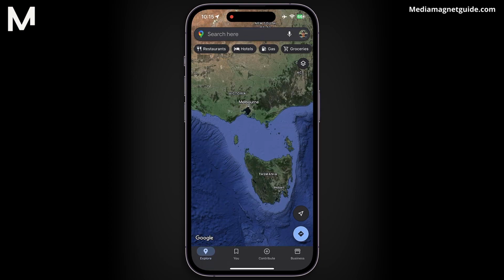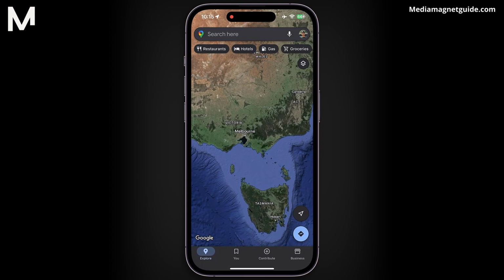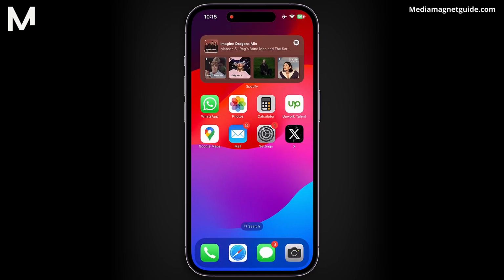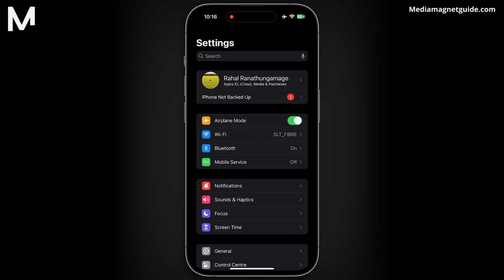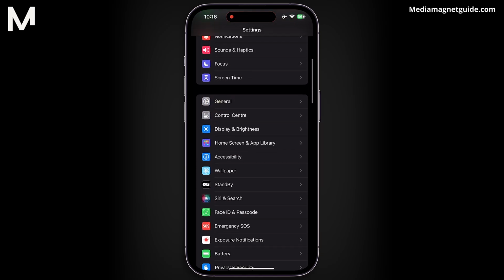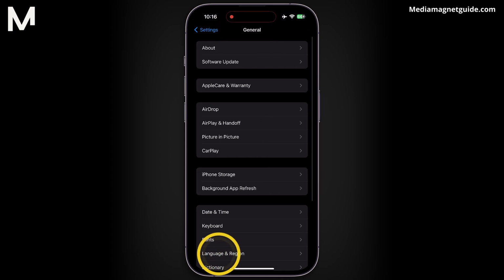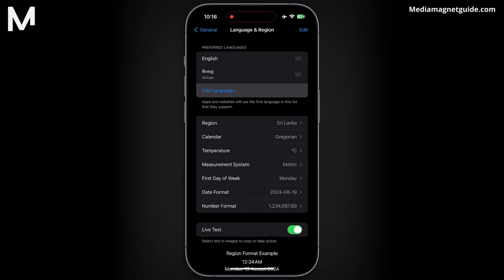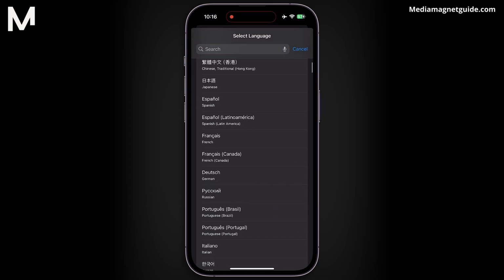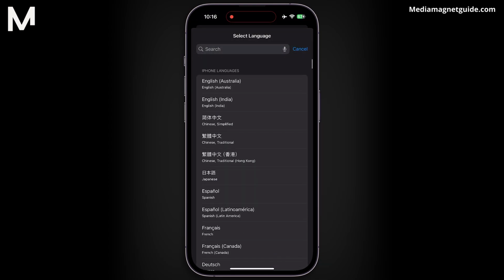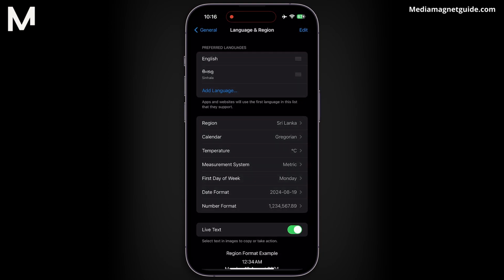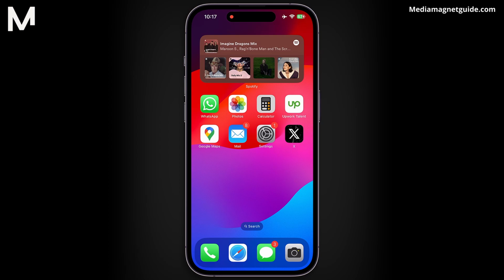Additionally, all labels and information on Google Maps correspond to the language set on your phone. To modify this, access your phone's settings. Scroll down and tap on General. Then, locate Language at the bottom. By adding a new language and setting it as your primary language, you can switch the entire Google Maps interface to the selected language. By adjusting these settings, you can seamlessly transform the language of Google Maps to suit your